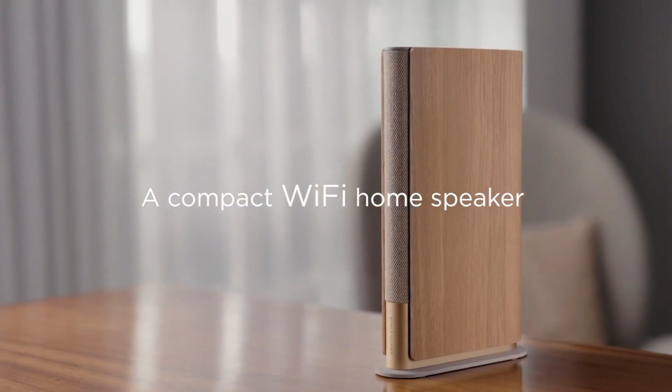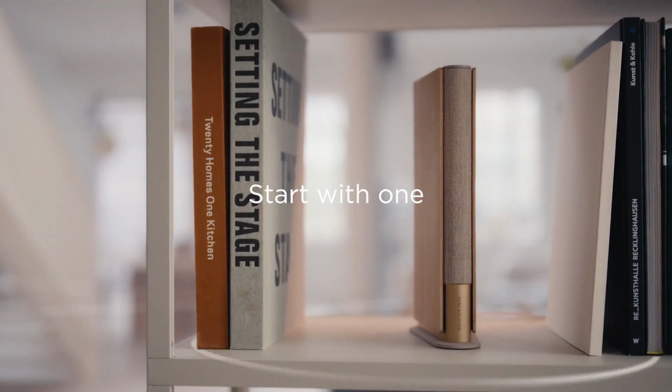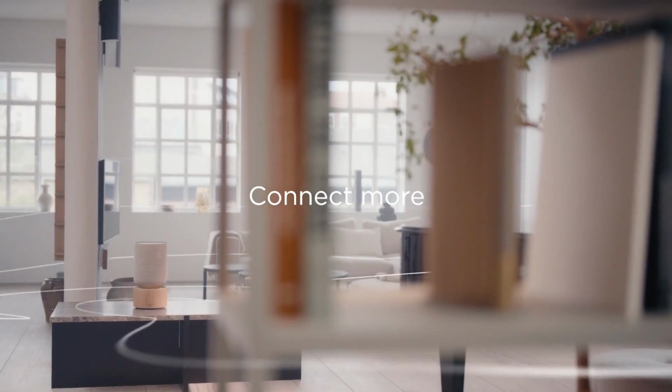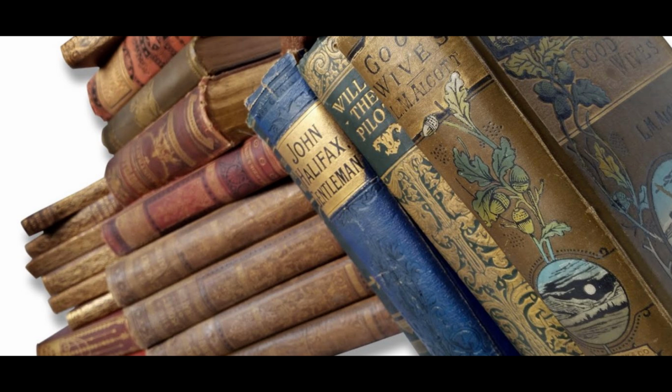I think this design communicates three main things from a purely industrial design perspective. The first thing is depth. There are multiple layers of meaning to this design. This isn't just a speaker, it's a speaker that's inspired by the clever ingenuity of books. Books are arguably the most ingenious invention of the past 1,000 years, and Bang & Olufsen cleverly borrows from that